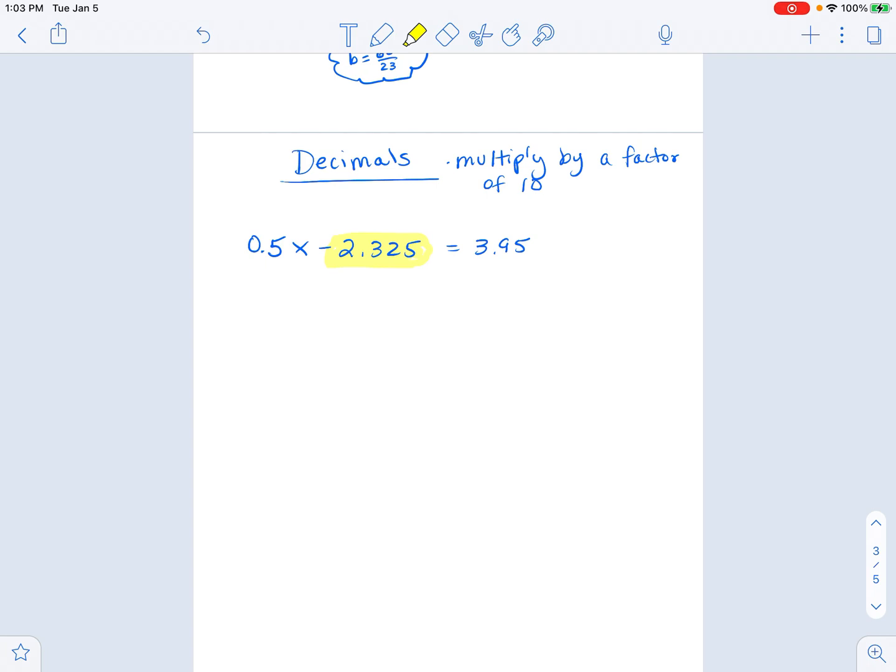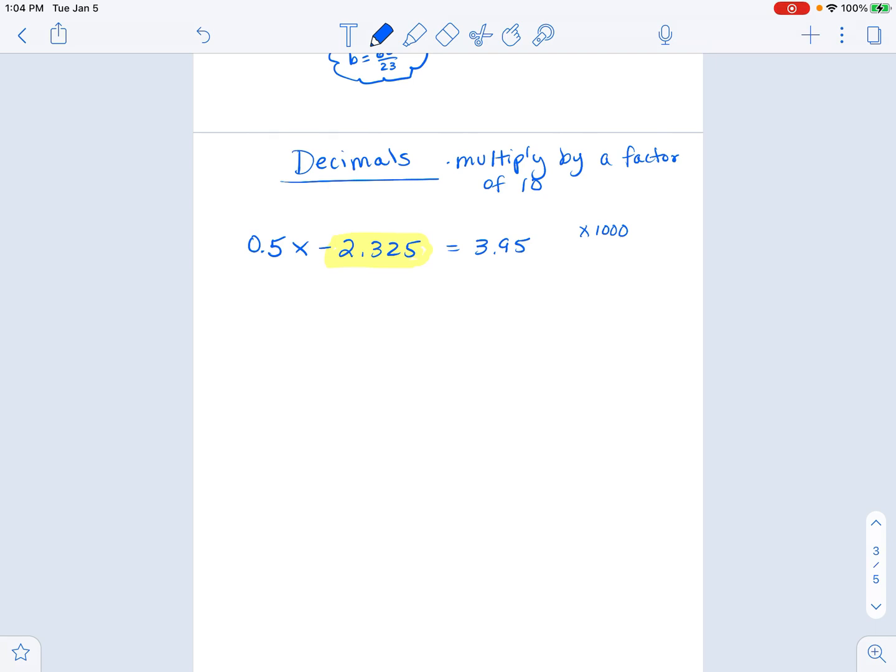So in order to eliminate the decimal places here, I would need to move my decimal point 3 places to the right. And so I would have to multiply every term by 1,000 in order to clear all the decimal places in that term. And that's how I figure out how many places I'm going to move the decimal point over in